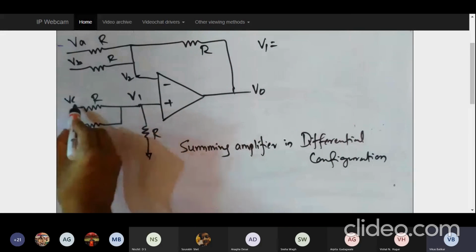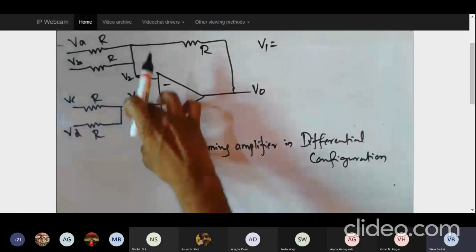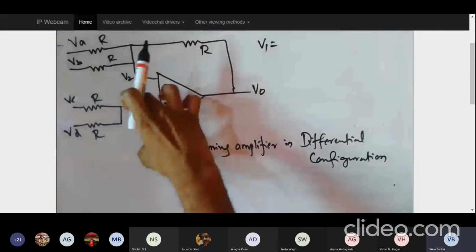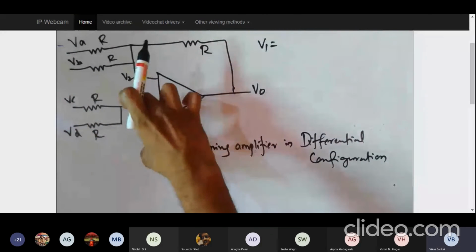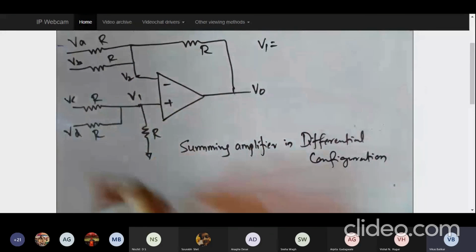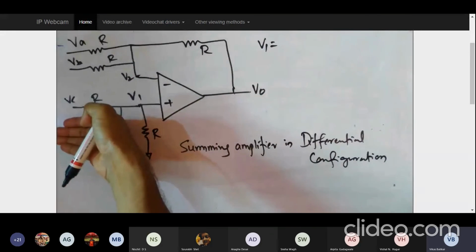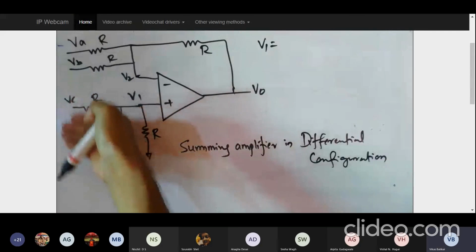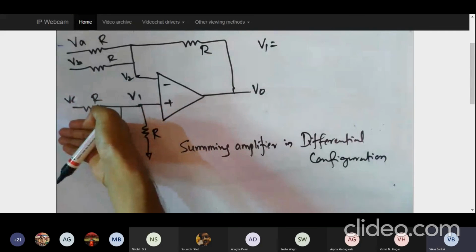The voltage VC is coming through this R and ultimately it is entering here through this R. So what is the drop that is happening across this R because of this voltage VC? Again voltage division rule. So even bit let's assume that is not there. We'll apply the concept of superposition theorem. So individual voltage I calculate, assuming that other voltage is not there, and then I'll add them together.